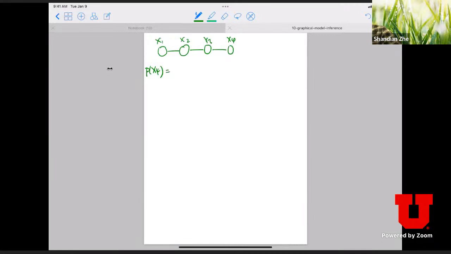According to our definition, let's take out the normalizer, and then we sum over X1 from 1 to K, X2 from 1 to K, X3 from 1 to K. Then you get psi12 of X1, X2, psi23 of X2, X3,